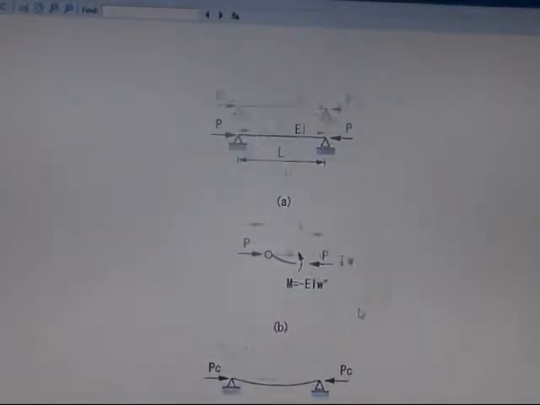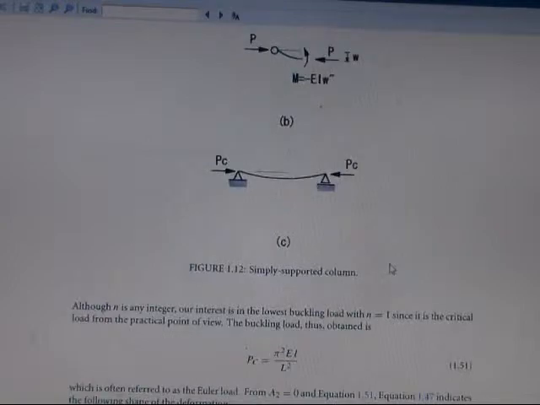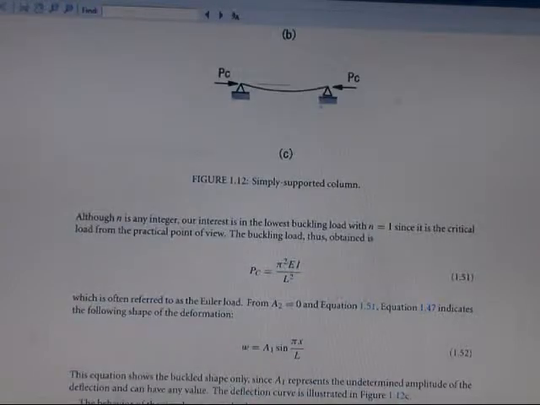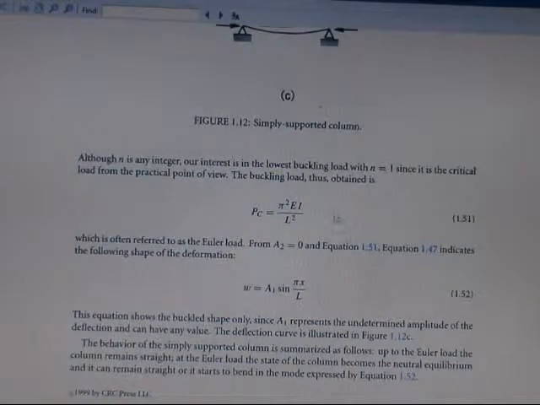So that way we just have buckling. The slope can be calculated by both formulas. So the other formula in the